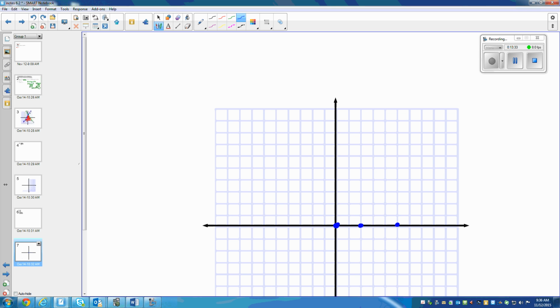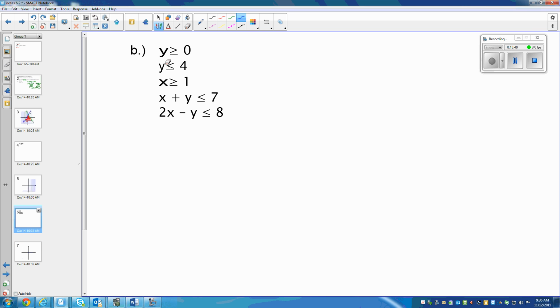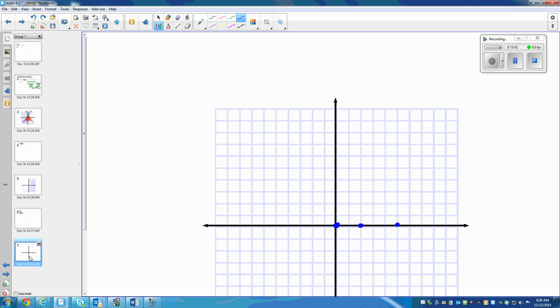So then, did it say equal to? Y is greater than, greater than or equal to, okay? If it doesn't say equal to, what do you have to do? Dotted line, okay? So now I put this line here, using a ruler, making it nice and straight. Which way should I color? Upwards. So instead of coloring, I'm just going to put little arrows to remind me that we're going up, okay? So when I go back to this page,